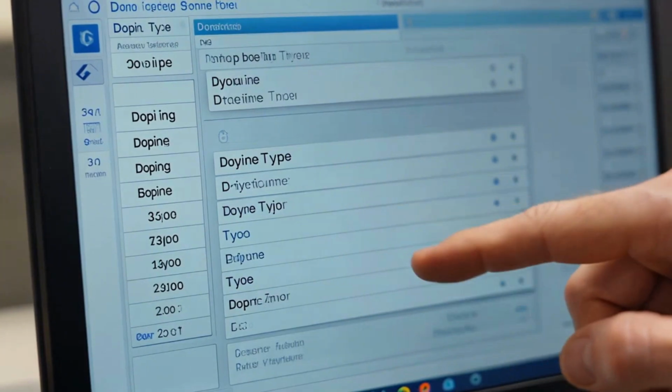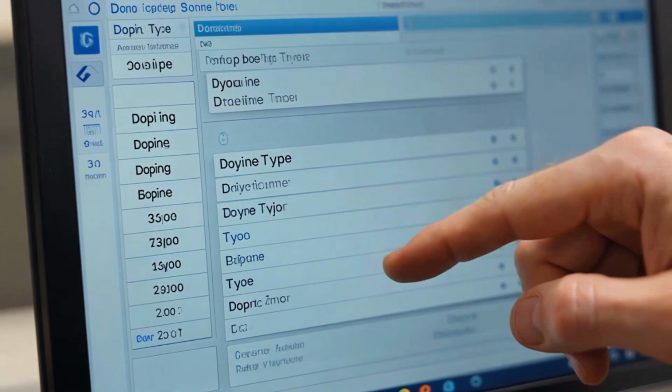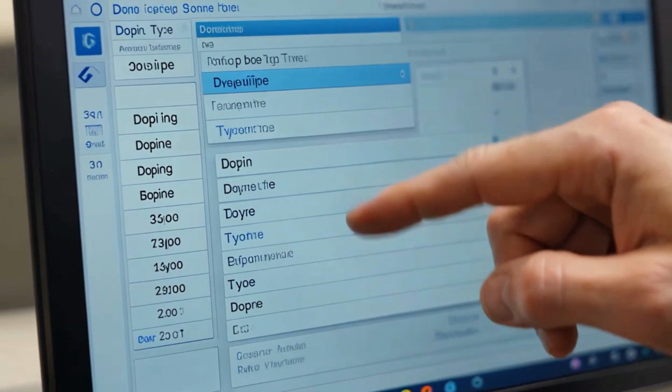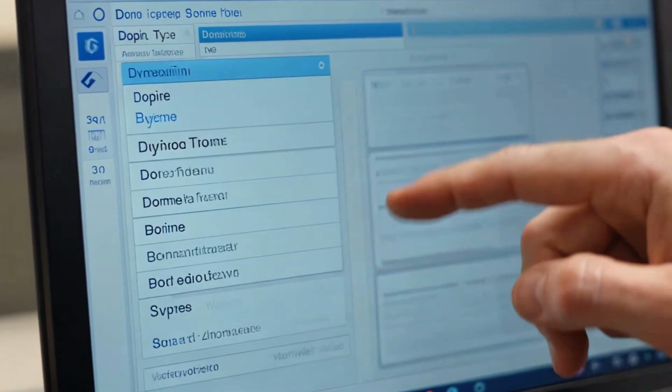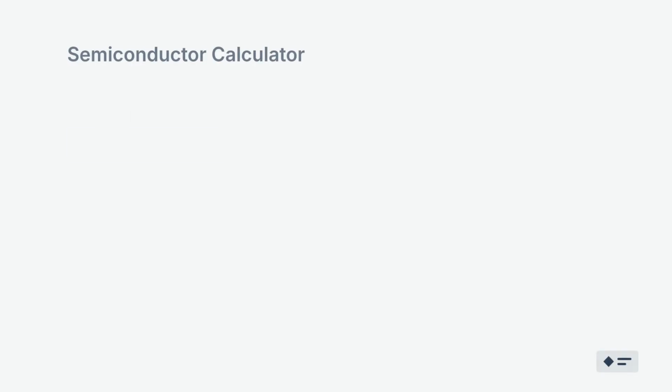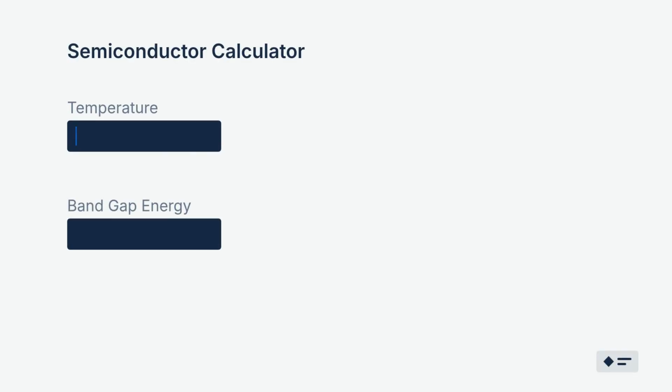For this demonstration, I'm using Calculate Intrinsic Carrier Concentration. There's also a doping type dropdown with N-type donor and P-type acceptor options. I've selected N-type. For the input fields, I'm entering temperature in Kelvin as 300 and band gap energy in electron